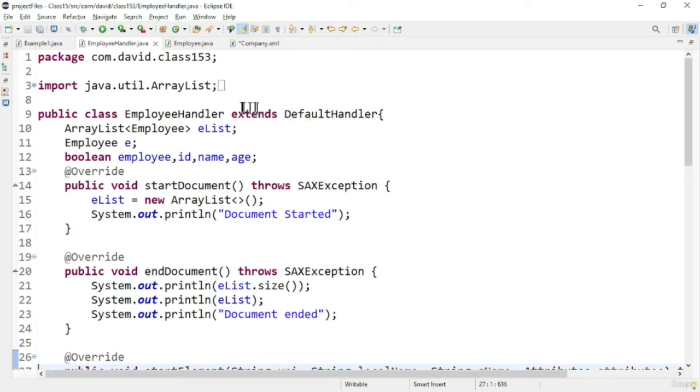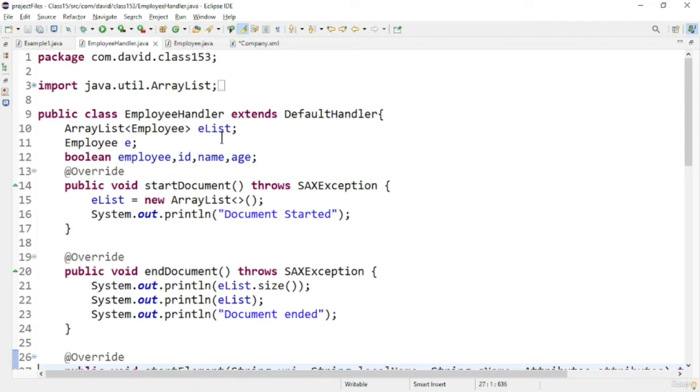So the first thing to understand is that we need some variables to store the values. First, an ArrayList is required to store the entire collection of employee objects, which will be our final output. After that, we need an employee object to hold each instance of a particular tag.